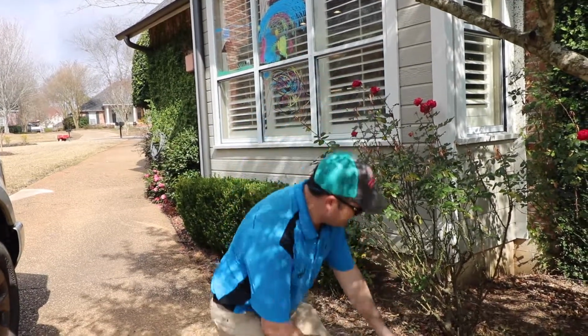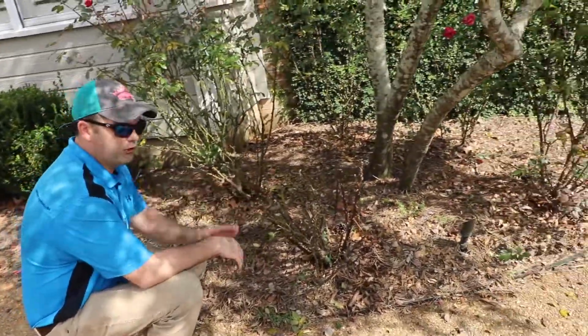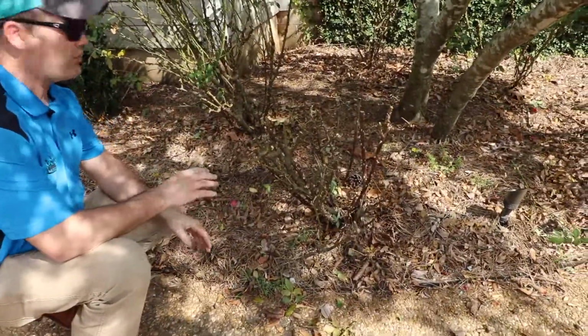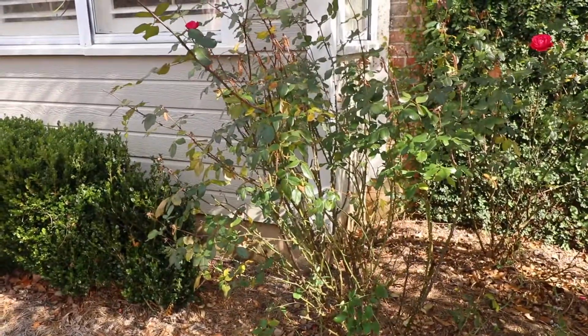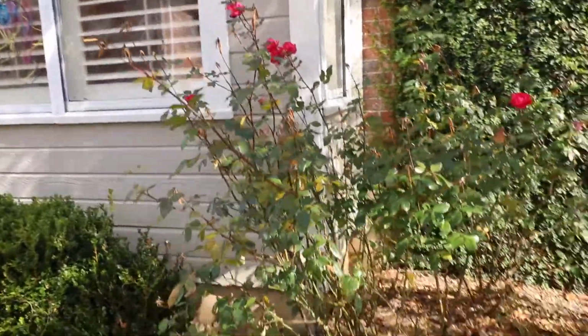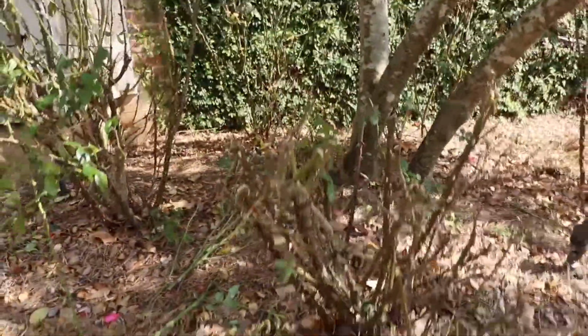So as you can see, we actually used a pair of hedge trimmers and we take the rose bush down to about 1/3 of its normal size. So this is how tall it was. This is how tall we want it when we're done, about 1/3 of the size. Like I said, use the hedge trimmers to go through, do all the heavy work, and then come back through